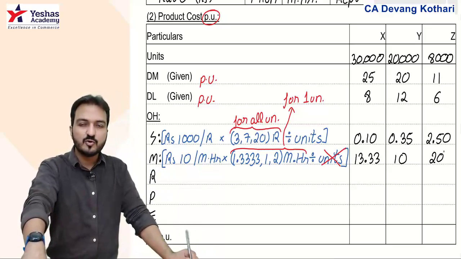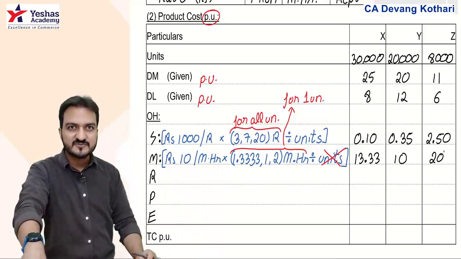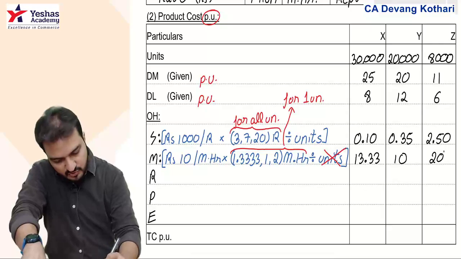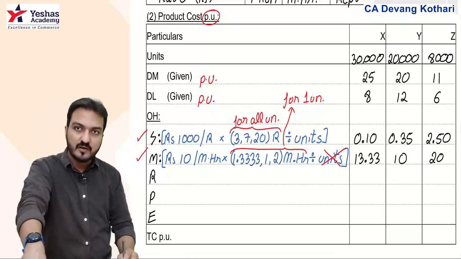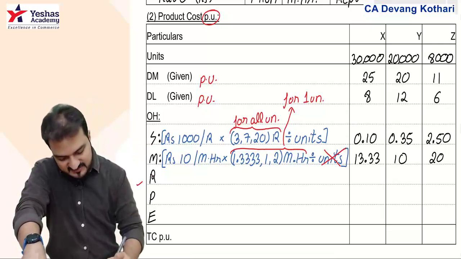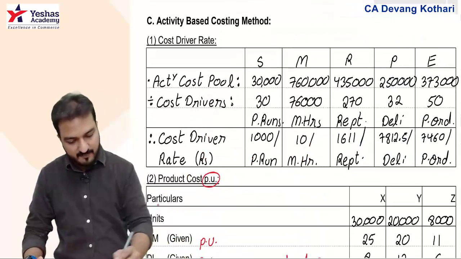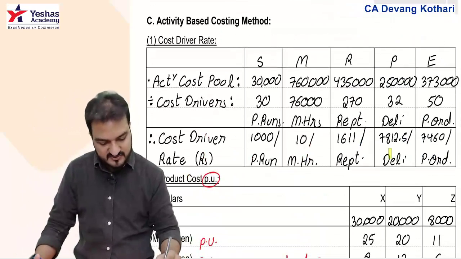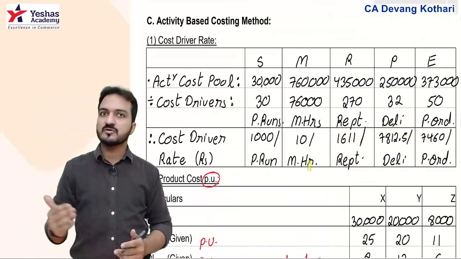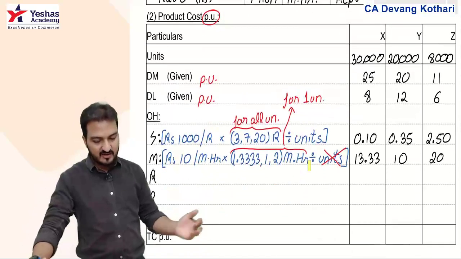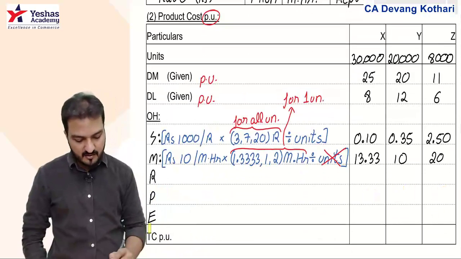Done? Yes. Well, this is exactly how I need you to try finding the product cost. I've shown you the workings for setup activity and machining activity. Similarly, I want you to try receiving, packaging and engineering activity. You have the rates for receiving, packaging and engineering activity cost. You have the rates and you have the product wise cost driver also. You multiply them and get me the receiving cost of X, Y, Z, packaging cost for X, Y and Z and engineering cost